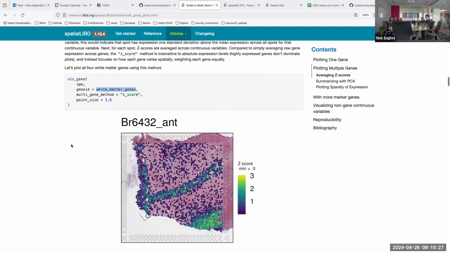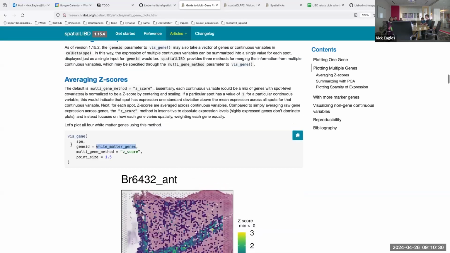The idea behind z-score is that the most naive way to combine expression, if you're just thinking about how to do it without thinking deeply about it, is you might just average the expression and show that. The problem with that is that the absolute expression and the absolute variation would matter. So you get genes with higher expression dominating the plots, which isn't necessarily what you're probably looking for. So the z-score method